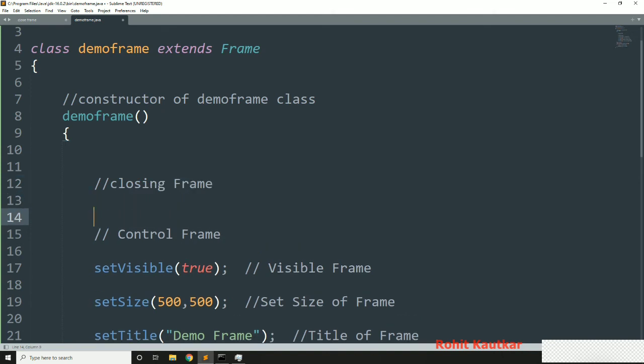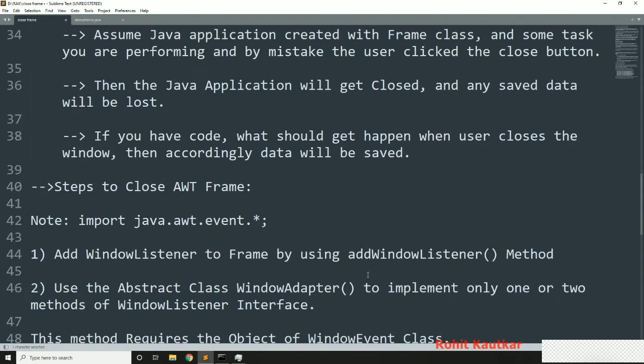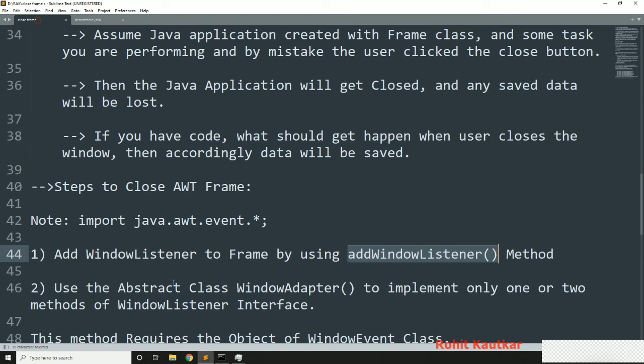So here we will try to use a method called add window listener. First step, add window listener method. So I will just use it over here. Okay, and this method requires the use of an abstract class called window adapter.